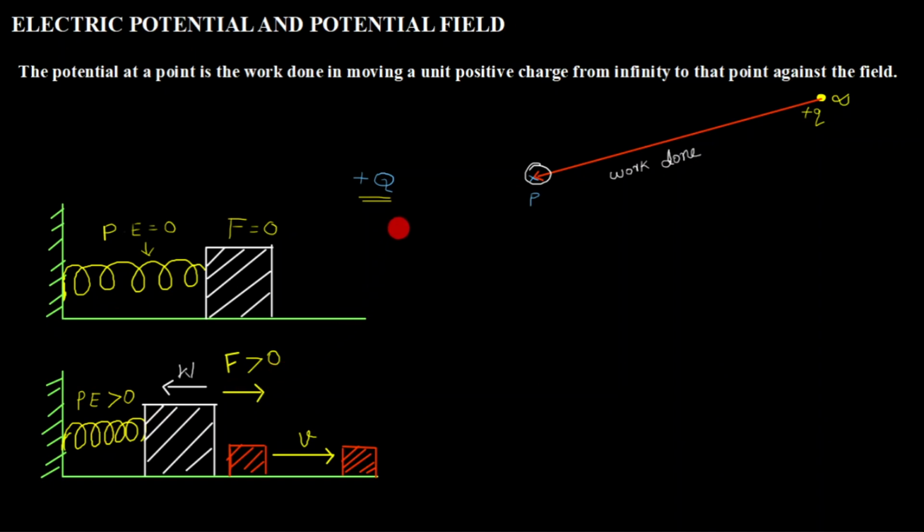Now this can be related to this field. So this force here, this plus q is creating a force, because we know that whenever you have a charge, you will have field around that charge, and initially I told that this point P where I need to calculate potential is in the vicinity of this field or is within the field, right?